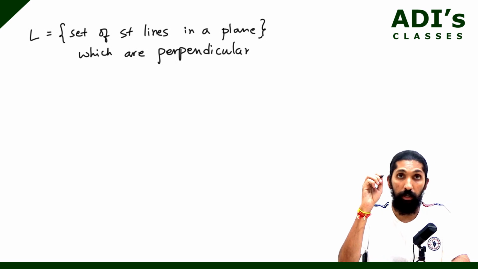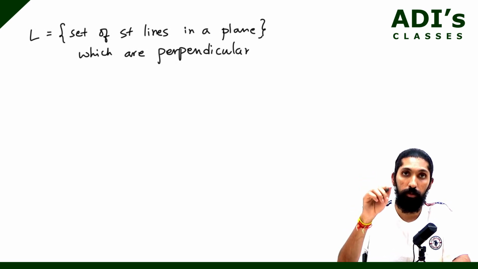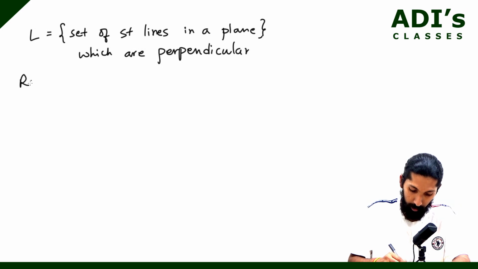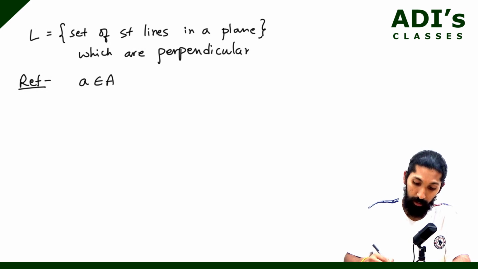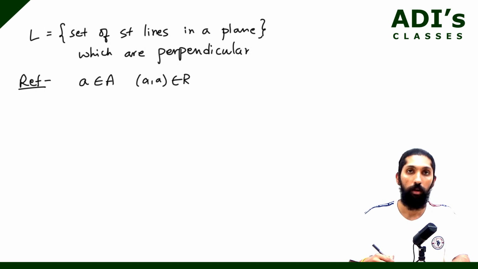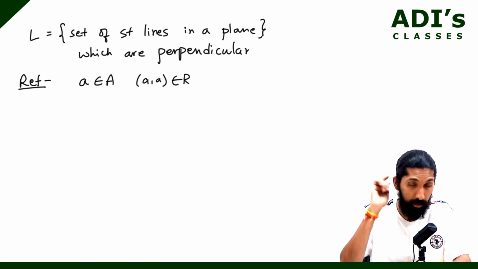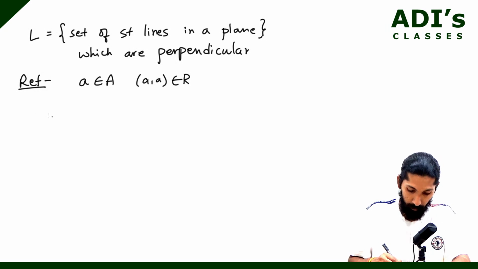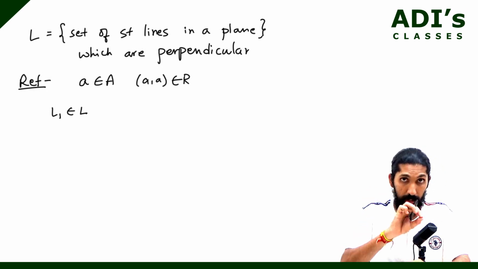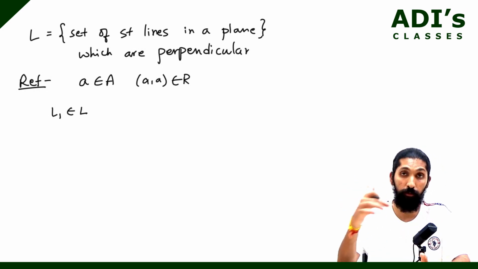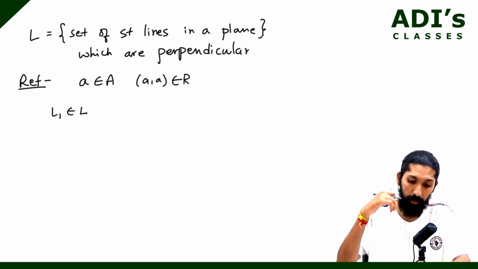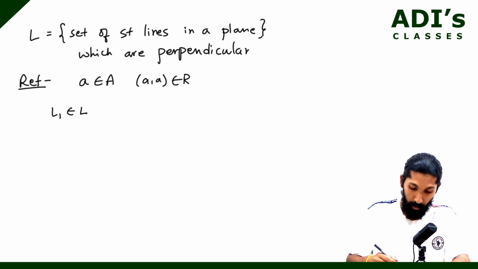Now, when we say reflexive, what is reflexive? Whenever we talk about reflexive, if A belongs to A, then (A, A) should belong to R, isn't it? Imagine you have one line. Let's call it L1. So L1 belongs to L, the set of lines in a plane. Now, when I say L1 comma L1,